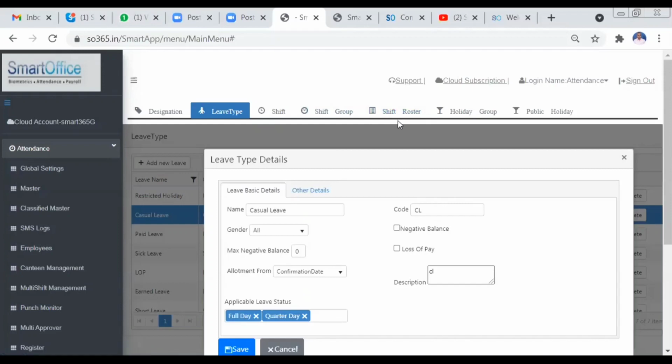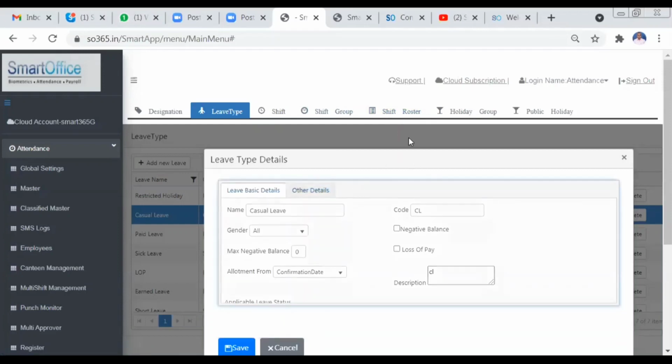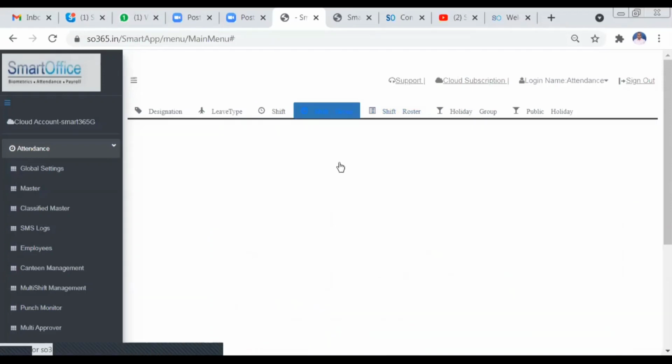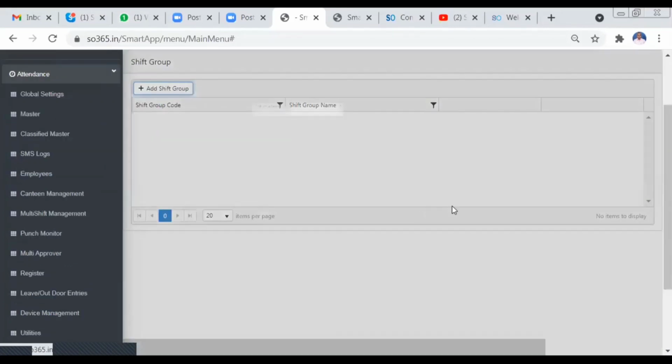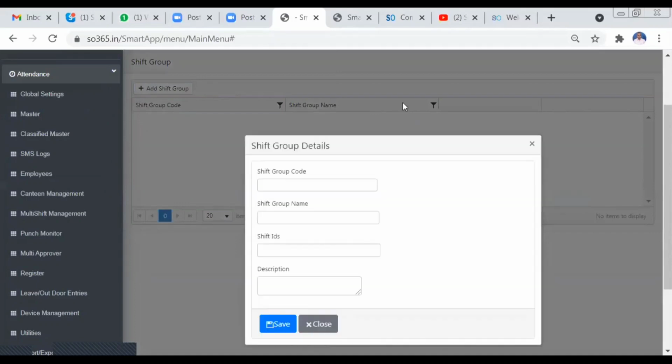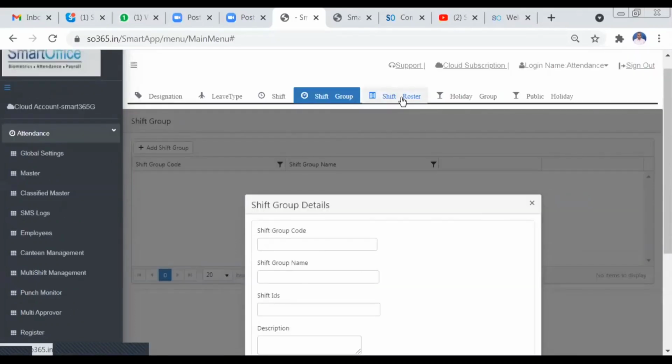Now coming to the shift groups. In the shift section itself, you'll come to know the shift group and shift roster. If you have multiple shifts, you can group those shifts and assign that shift group to your particular employees.